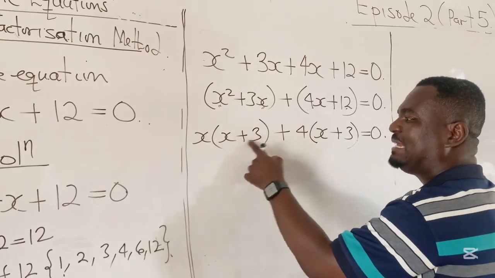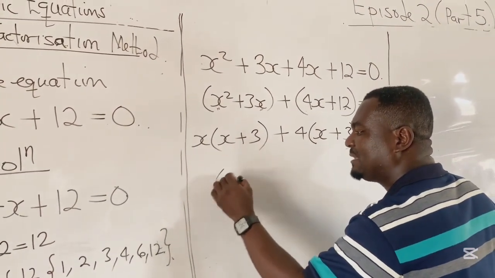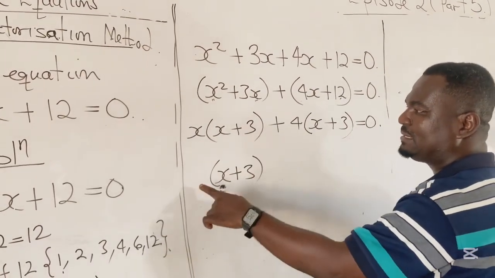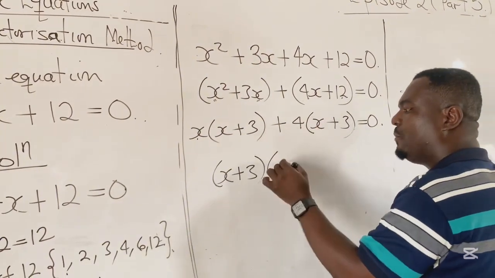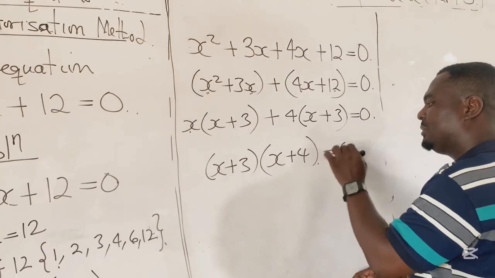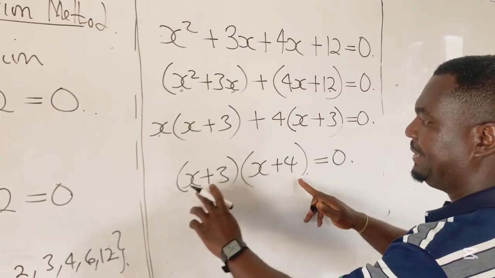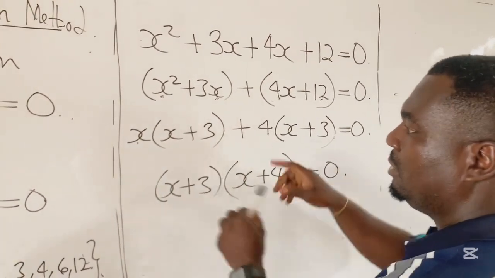Because x plus 3 is here and at the same time is here, you can do another factorization by factorizing x plus 3 out. And what is left? It is left with x and 4. Then you put that one also in the brackets, equated to 0. Alright, so from here, one may choose to consider